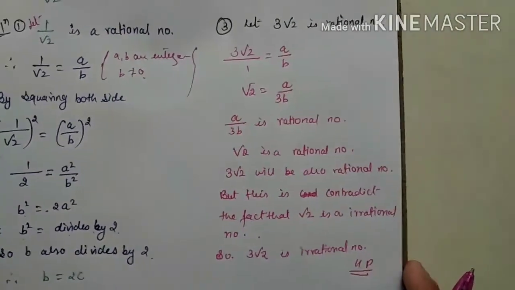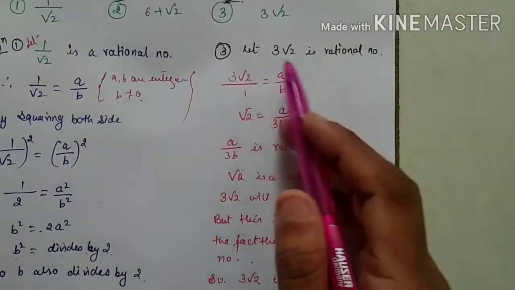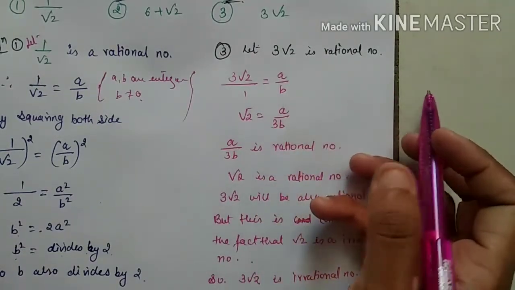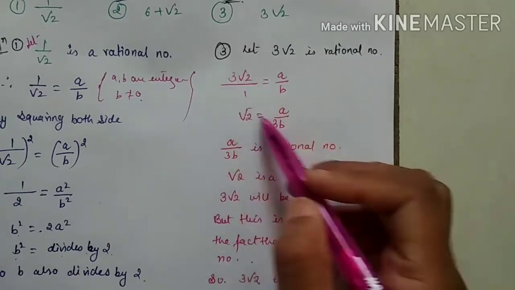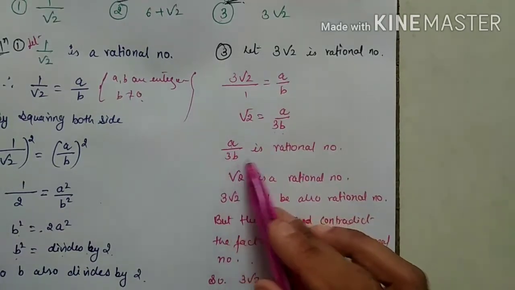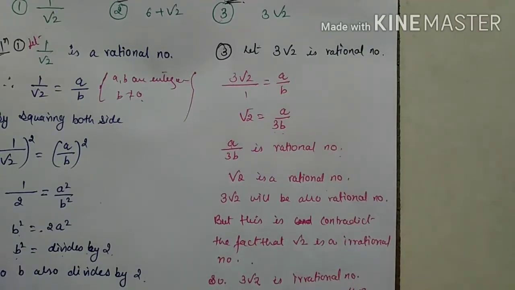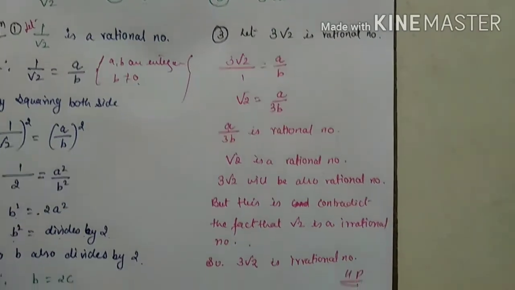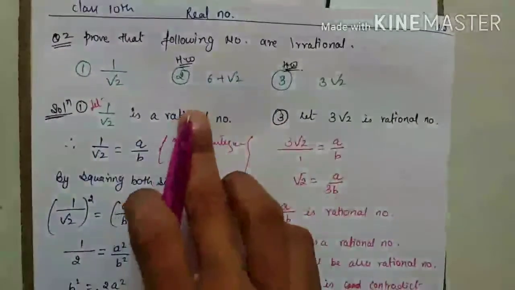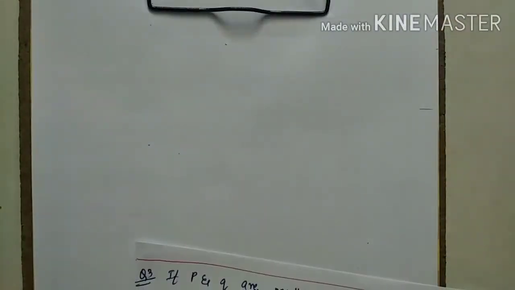Now come to this. Third question I am solving. Let 3 root 2 be a rational number. Okay, so I can write this way, or you can write a and b are integers and b does not equal 0. I am multiplying here. This 3 is multiplied, it will go to that side, divide. So root 2 equals a by 3b. So a by 3b is a rational number, as you know. But root 2 is what? Not a rational number. It is an irrational number. So it is a contradiction to the fact. So you can write 3 root 2 is an irrational number. Hence proved. So try the second one just like your first question. I am giving you as homework. Try it. Okay. Now come to the next question. Question number 3.